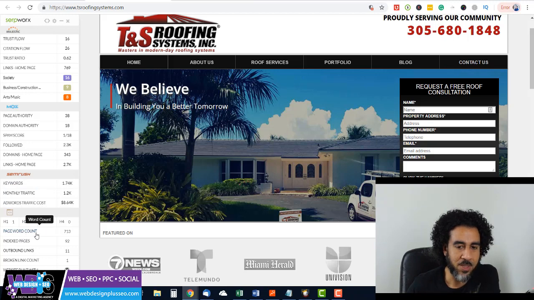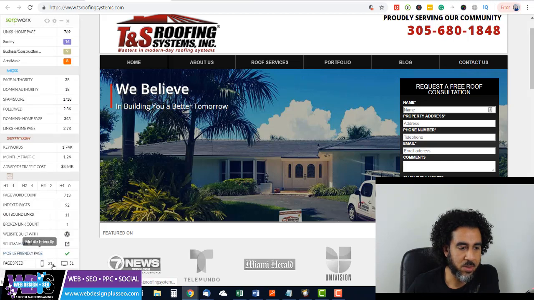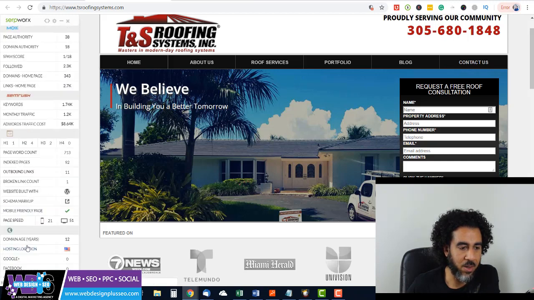So basically there's about 700 words on this page. Outbound links, they use WordPress. The website speed isn't that great. They've been 12 years in business. This is pretty good right here. They have 92 pages that they've created for their website. That's pretty good. So clearly they have a blog, portfolio, and stuff like that. Anyways,